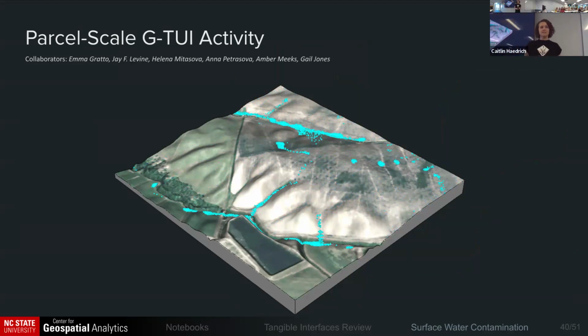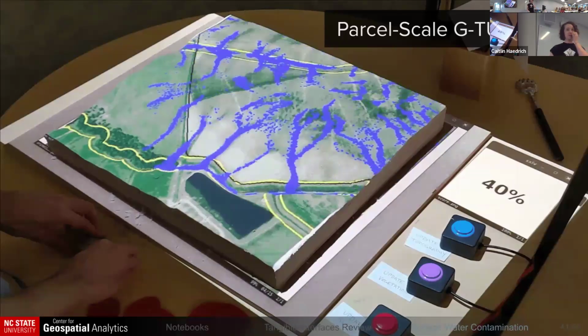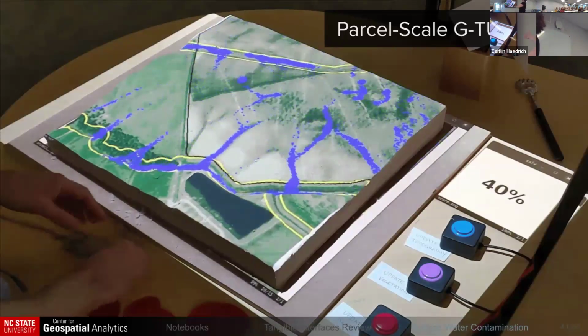This model is sensitive to land cover, so we can adjust the infiltration and the speed that the particles move over the landscape, and have it be spatially variable, reflecting the land cover. So we can model things like vegetated buffers and changes in land cover and land use. We were able to turn that model into this,